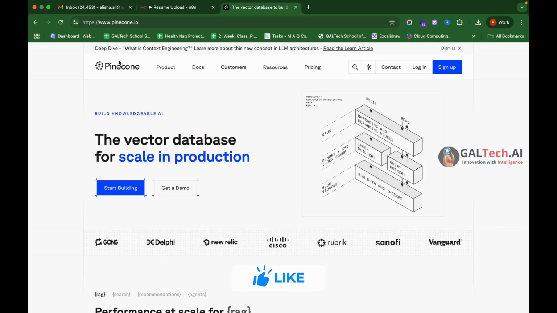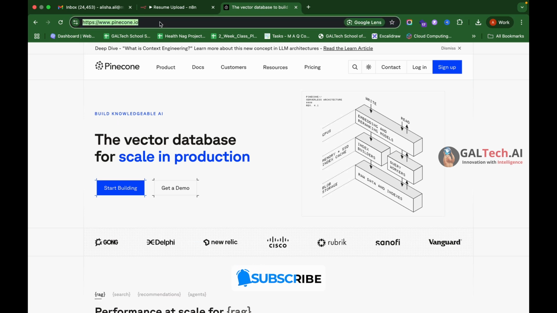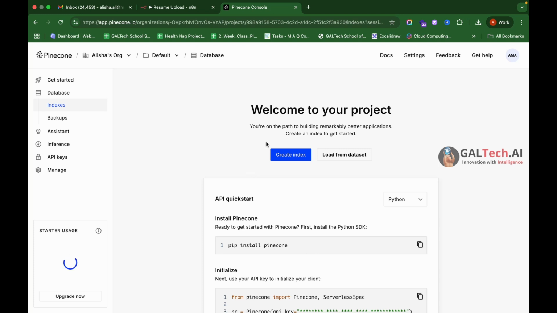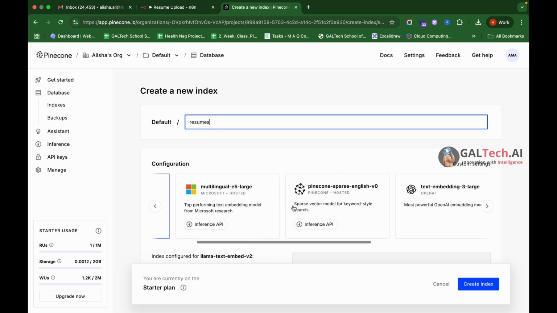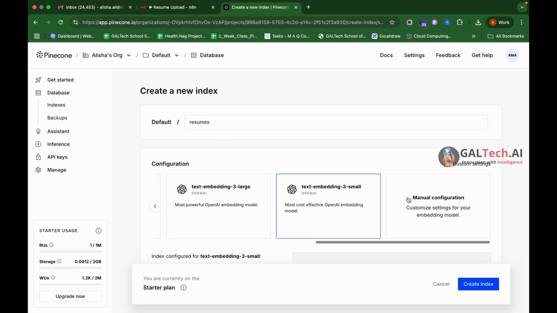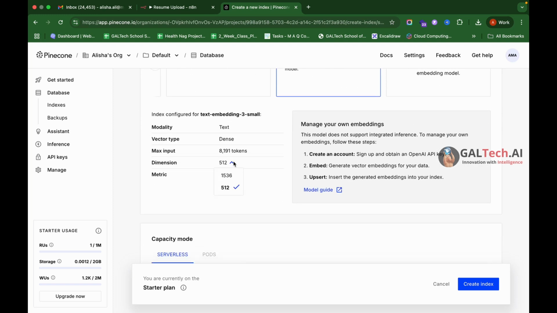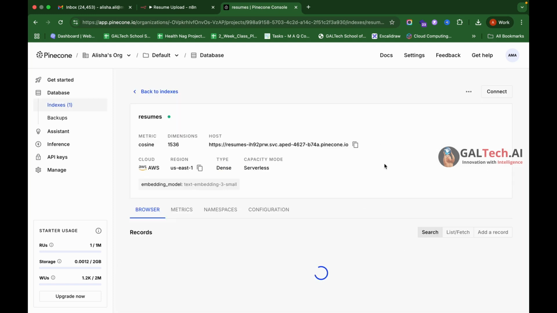So you can actually go to this website called pinecone.io. This is actually a vector database. They provide a vector database for us. You can click on the sign up button and create a vector database. Okay, you can just log in using your email ID, and once logged in, you can go to these indexes over here and click on this create index button and give a name for your index. I'm going to give the name of the index as resumes, and now let us choose the configuration as text-embedding-3-small, and then from here let's choose a dimension of 1536 and let's create the index. Okay, now we have created the index.